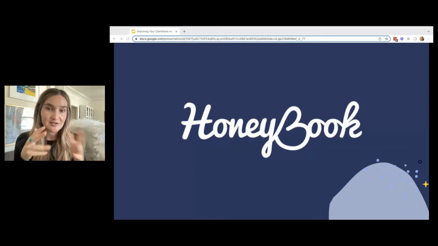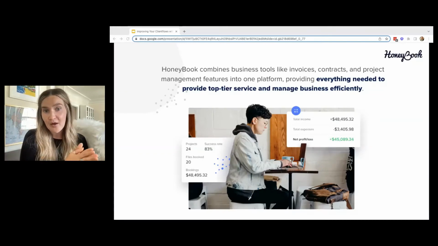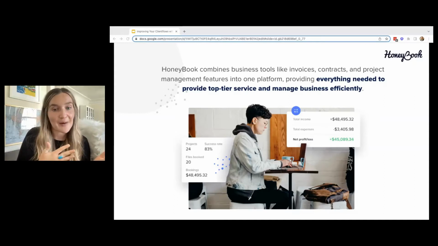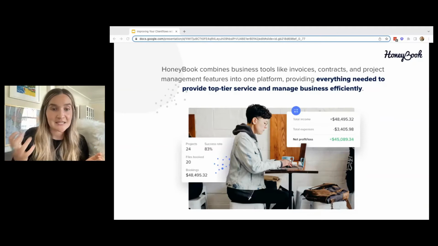HoneyBook is just making it super easy for you to run your business, all of the client communications, all of the file sharing, all of that good stuff. Okay, so this is just to say that HoneyBook will automatically be solving for a lot of the problems we've talked about by nature. It's flexible and customizable enough, however, that you still need to be aware and a master